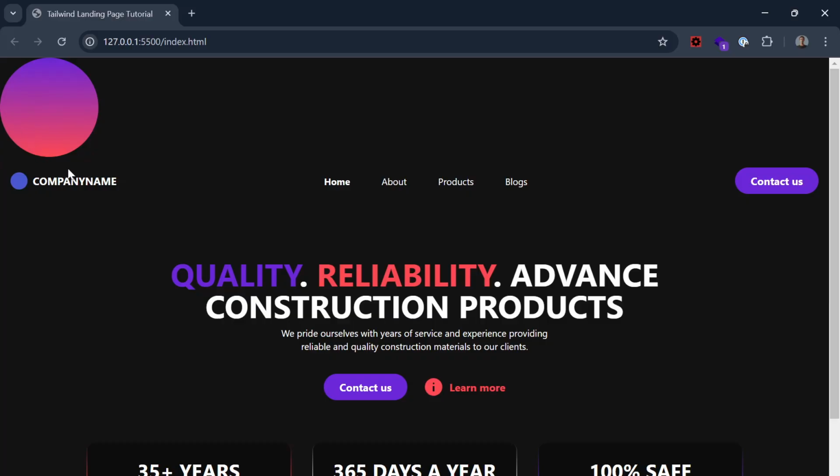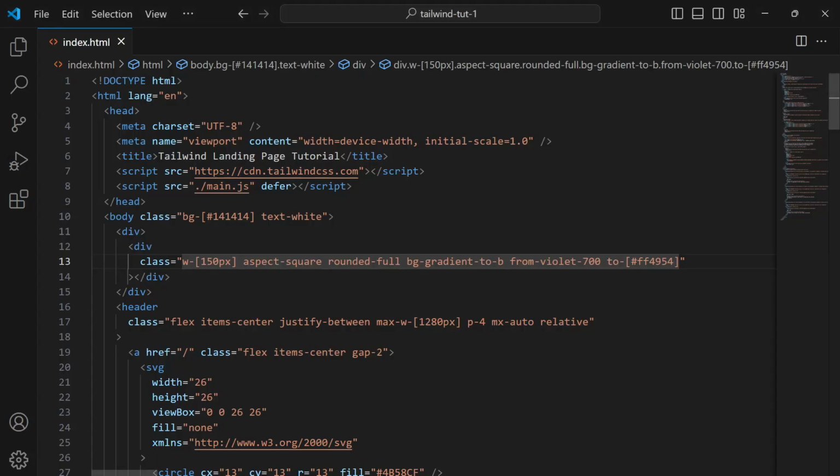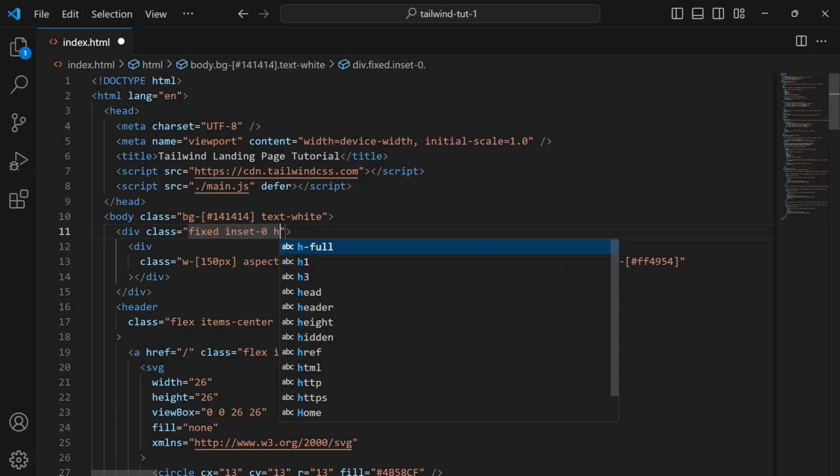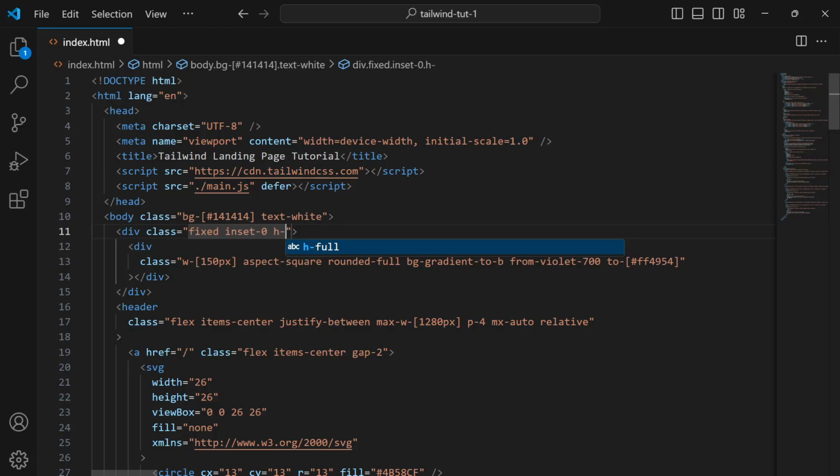Now, obviously, this is not how we want to portray it, and this is not the correct layout. So instead, what we're going to be doing is that we will go to the container and say position static. Actually, it is position fixed, then we will say inset 0. Also h-screen